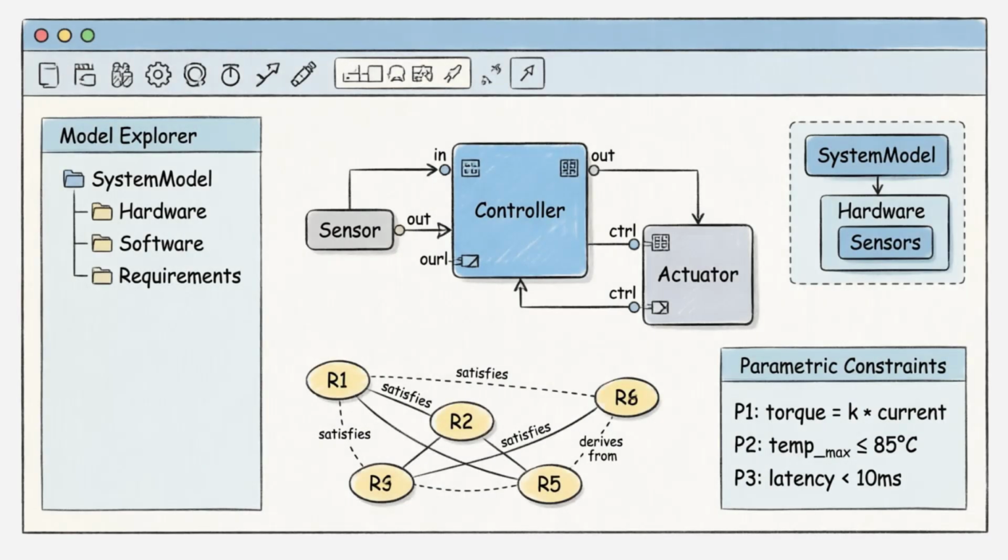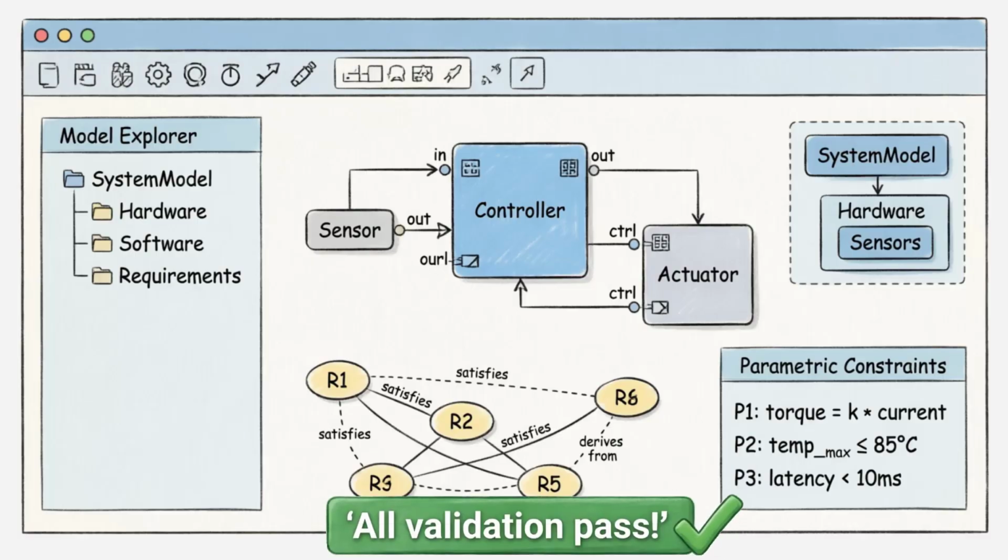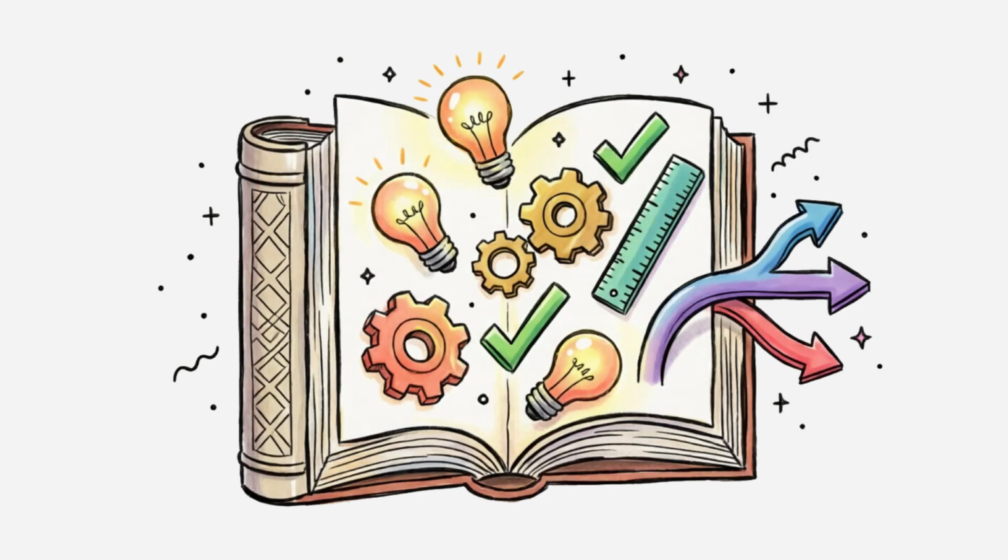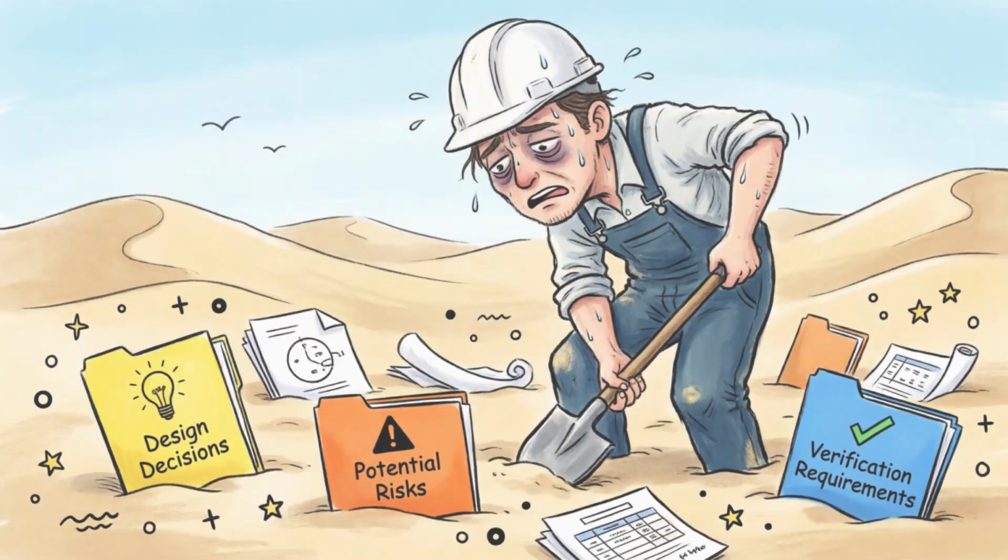Building a valid system model is a significant achievement, but the true value of systems engineering lies in what you can derive from that model. A model isn't just a collection of parts and connections, it is a repository of design decisions, potential risks, and verification requirements. In traditional environments, extracting this information requires manual effort, writing executive summaries, performing risk assessments, and drafting validation